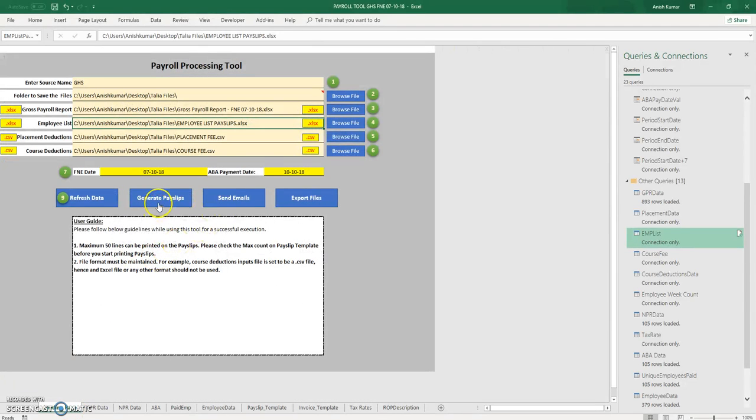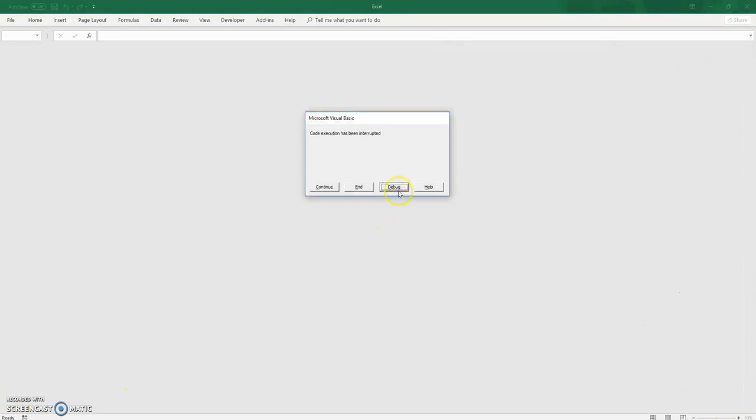So if I go here and click on generate payslips, it would ask, do you really want to start from the beginning, or if you want to print a certain range. In this case, I'll just say yes, and we'll start printing the payslips, and it gives you the progress here, printing which number of payslip out of how many payslips. I'll stop this here,